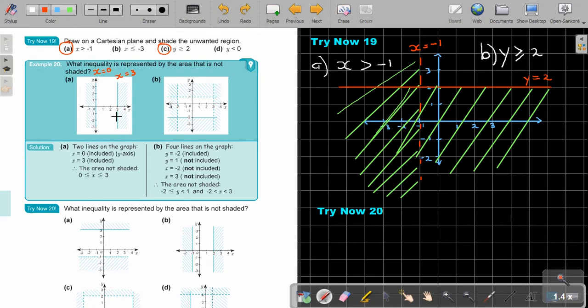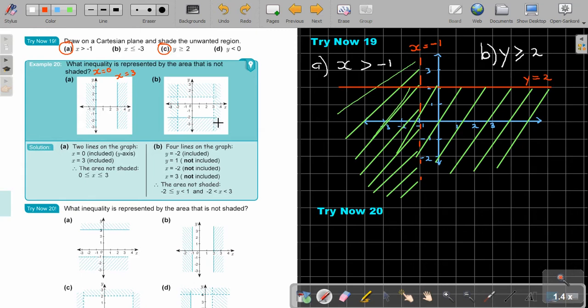So what inequality is represented? Take those two values, and it must be bigger than 0 but smaller than 3. And both are solid lines, and that's why there are equal signs. This is interesting because it's x